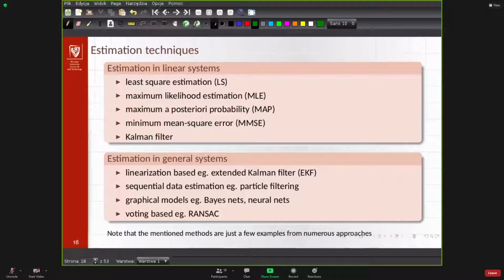And of course, a note at the bottom. Okay, those are names that you could hear about. They are quite often used, but of course it's not everything. There are many more methods, and all the time there are new methods appearing. So it's not a complete list, yes. But anyway, it's worth knowing about these methods that are mentioned here, because those are quite often